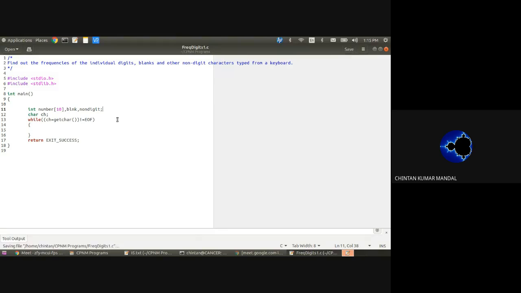So an array will be defined as the data type,